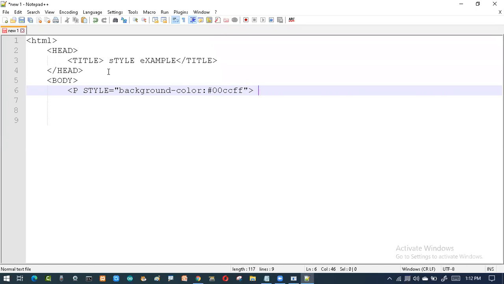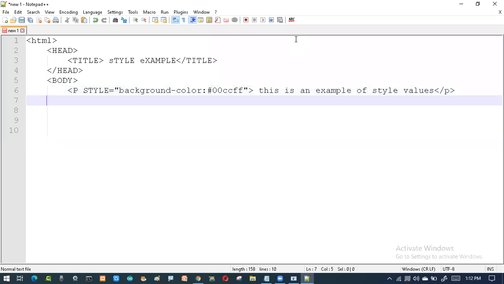So this is an example of style values. Closing of my paragraph, closing of my body tag.